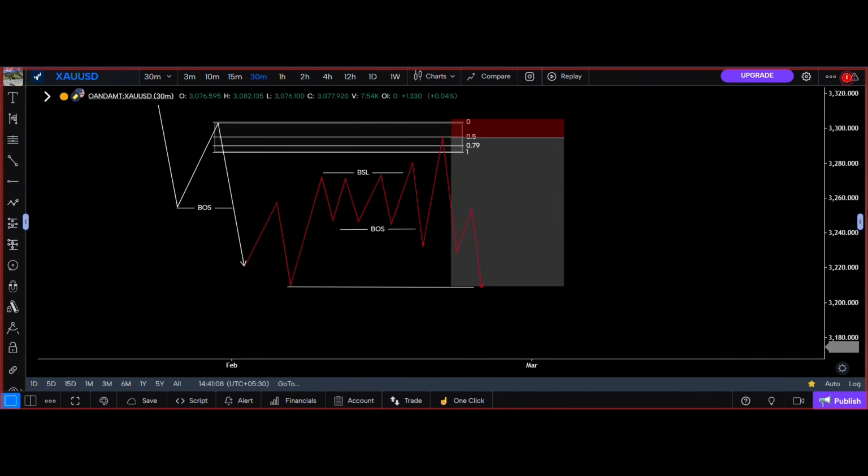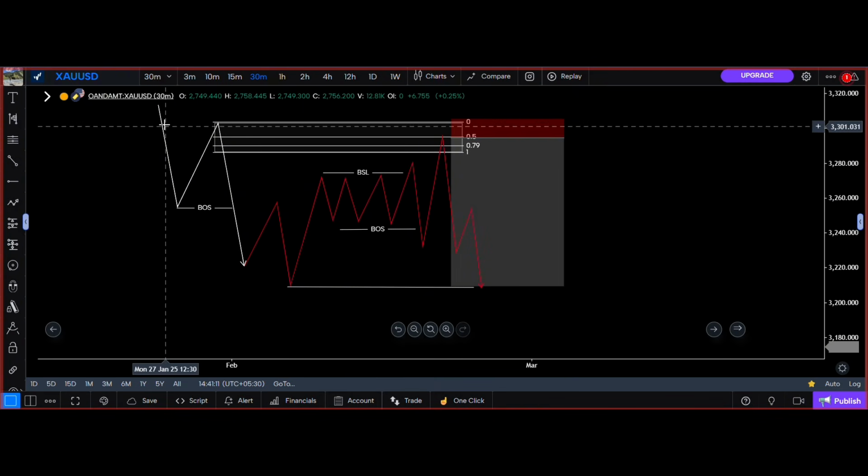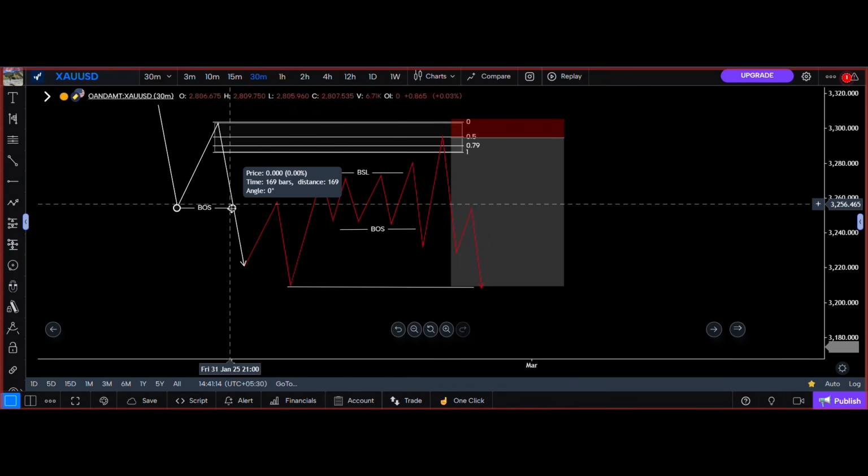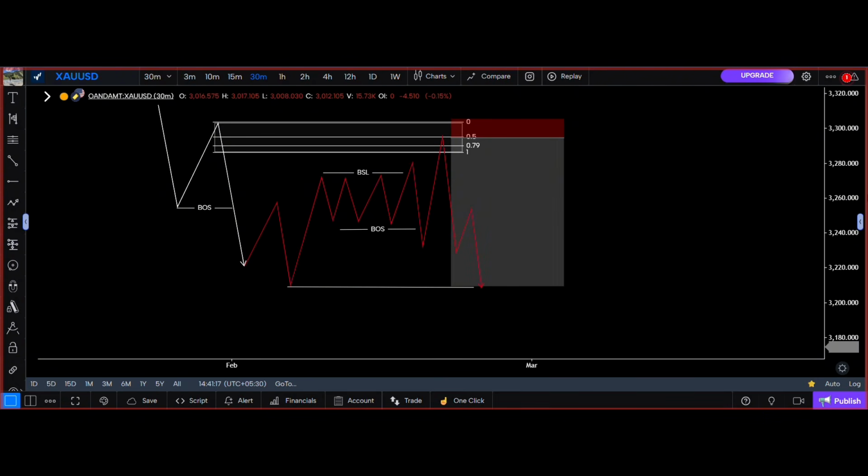No. The time frame we are viewing right now is 15 minutes. The white zone is the 4-hour time frame. The red zone is 15 minutes. Okay, so once a 15-minute breakout structure is given after the buy side liquidity is taken,